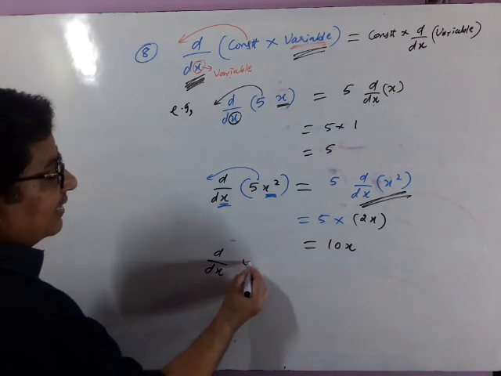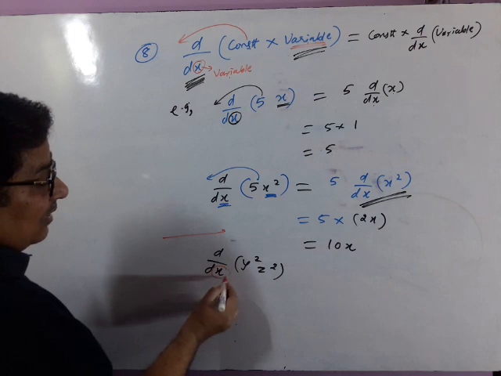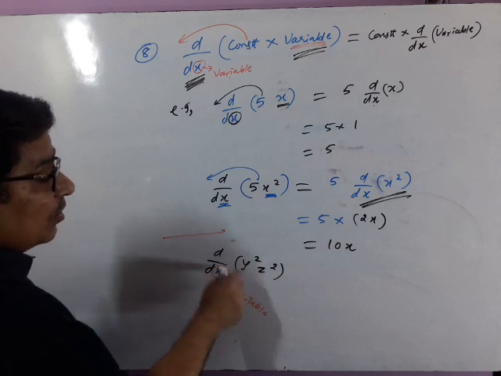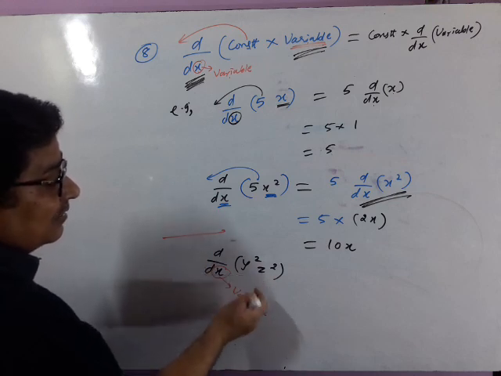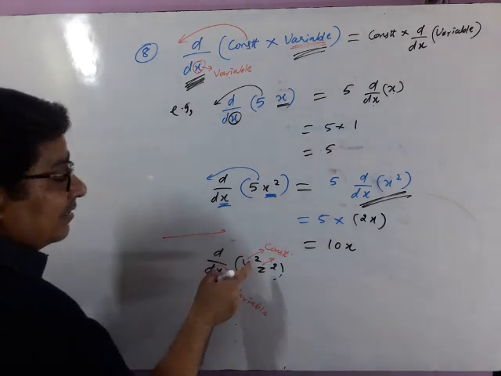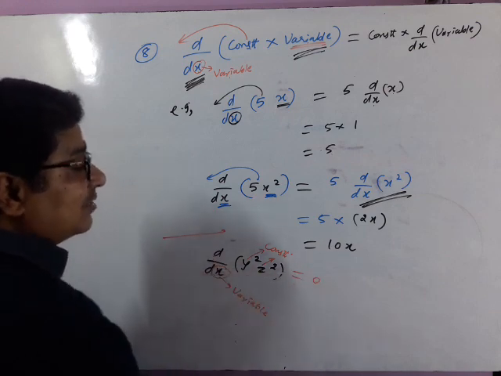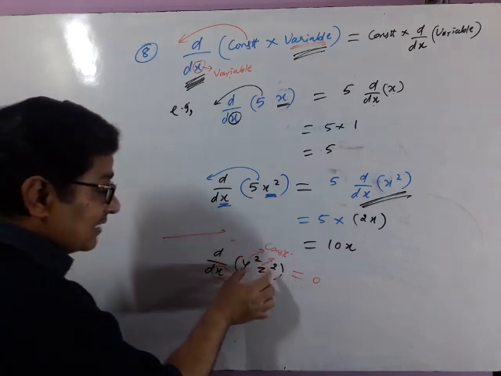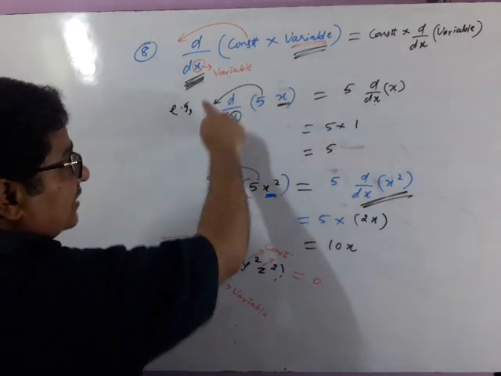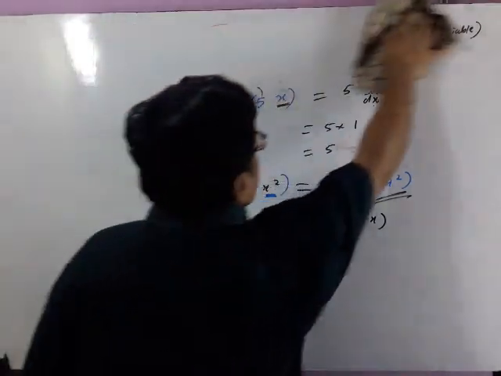If I say dy/dx of y square and z square. Focus. Now x is variable and we are given nothing about y and z, nor any relation between x, y, z. So we will consider y and z both as constants. So if both are constant, nothing variable given, then by the previous formula, differentiation of a constant will be 0. If it is constant as a total, differentiation of the total constant will be 0. If it is constant into variable, the constant is taken outside, multiplied, then differentiation of the variable is done. Once again, breathe in.